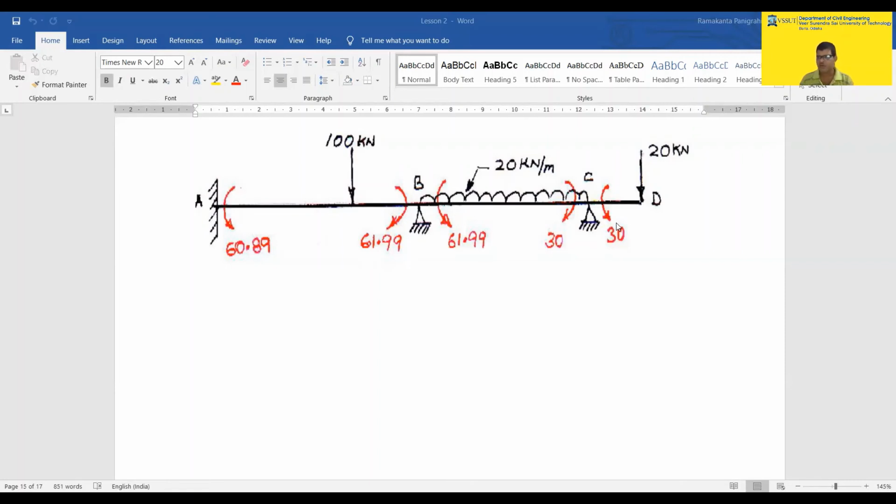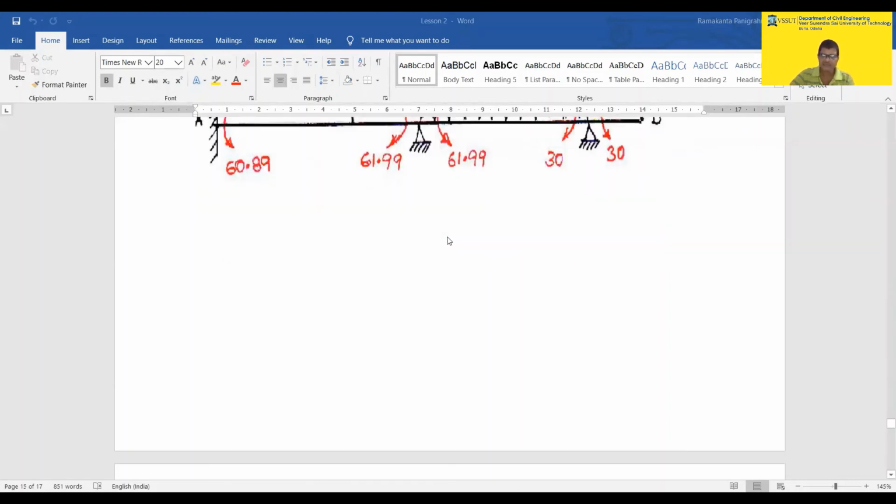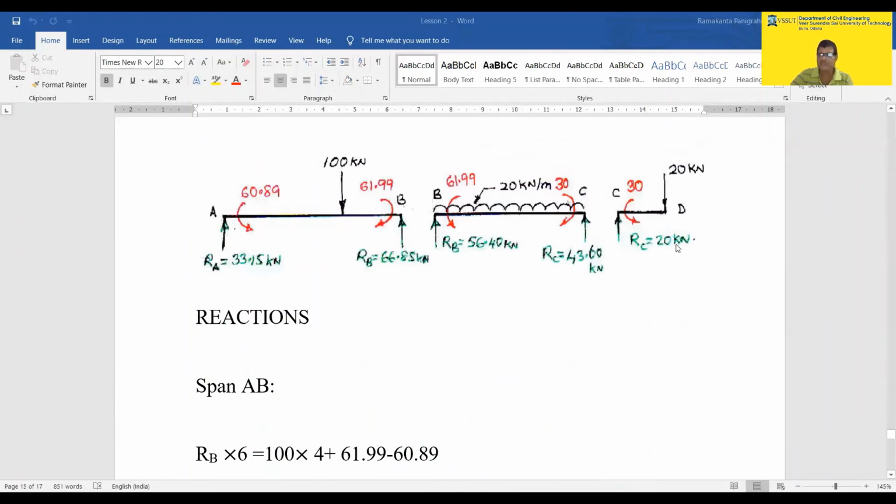These are moments. But when we come to bending moments, if the value from the left side is clockwise it is positive, and from the right side anti-clockwise is negative. So there is a different sign convention. Don't confuse moments and bending moments. Bending moment you are calculating at a section from one side, from the support going to either the left side or right side. So the values on the left side of the section and the right side of the section may also change if some moment is applied. Once you find these moments, you can draw the free body diagram of each span.